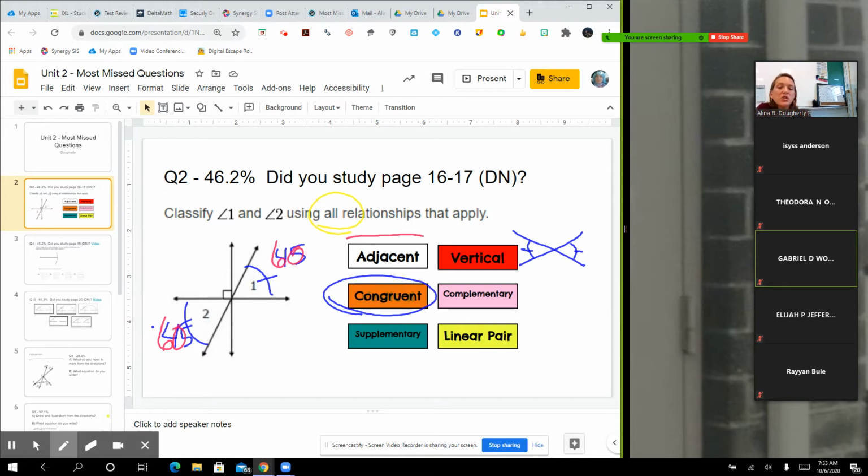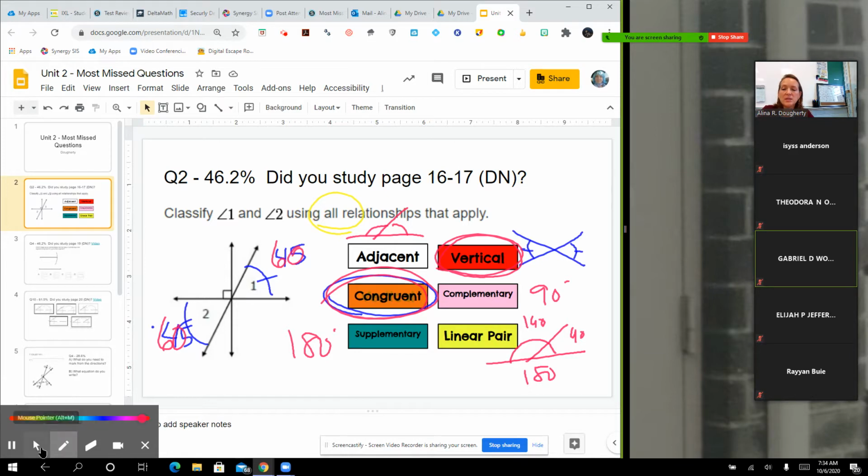right. Adjacent means that they're next to each other. Okay, you've got two things, they share a side. Supplementary means they add up to 180 degrees, and complementary means they add up to 90 degrees. And then a linear pair are adjacent angles that add up to 180 degrees, right? We know that those add up to 180 degrees. Maybe this is 140 and this is 40. That's linear pair. So in this problem, you would have to circle both vertical and congruent, or check them, identify